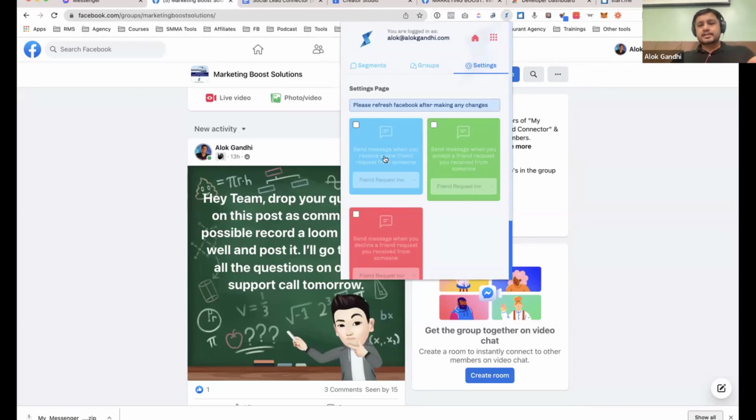That means if Chris right now sends me a friend request and we are not friends, the tool will know that, hey, this is a new friend request for me. And if I have set this up, it would send Chris an automated message, whatever message I've created. So if I want that to happen, all I have to do is click on this checkbox and select a group which I have created. Just like we created the MB new friends group, you would create yours. So let's say you want to start doing this, you would have to set up a different group with a different message, whatever you want them to see when someone sends you a friend request.